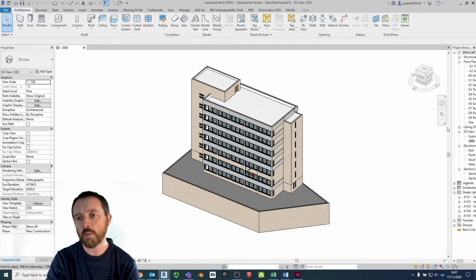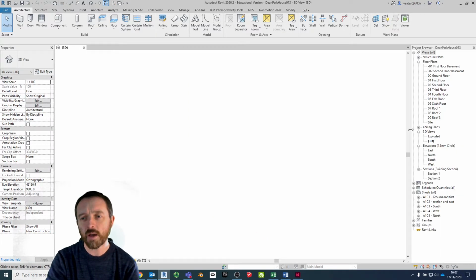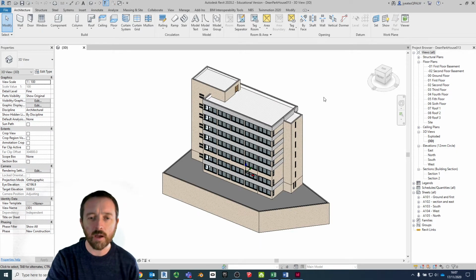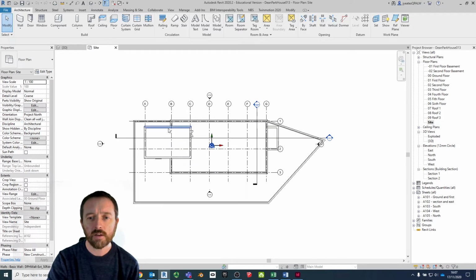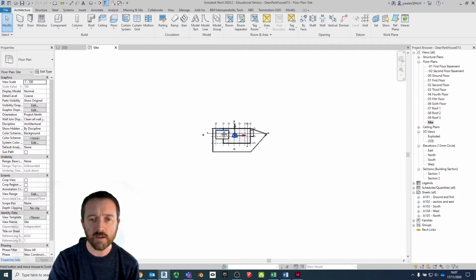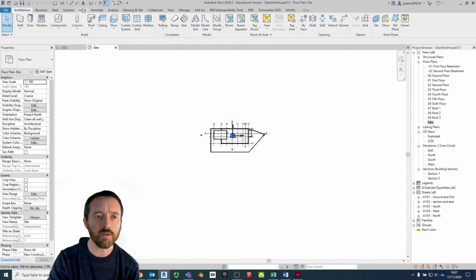Alright, so we're back in Revit, and when we're thinking about the topo surface, we want to be using something that we haven't used before. We've got all our floor plans, and at the bottom we have site. If I click on site, you can see here is our site plan, and to get in our topo surface we can go to Insert